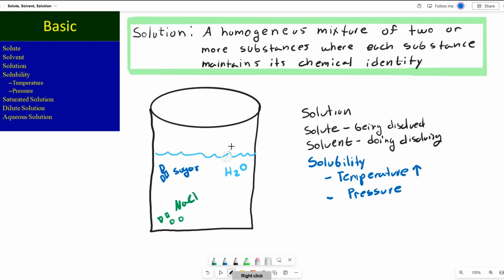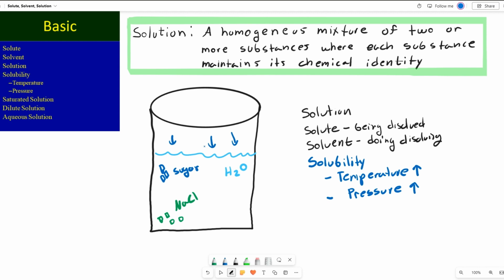If you are dissolving a gas solute into a solution, and the easiest example of this would be a soda can, they get the carbonation into the soda, that's a gas, and how much carbonation they can get into the soda is dependent upon the pressure above the liquid. If it's a higher pressure, it will push the carbonation into the soda. So if you increase the pressure above a solution, you can increase the amount of gas solute that is dissolved